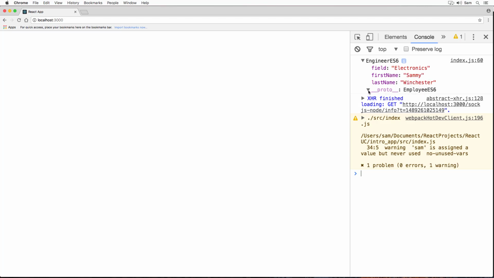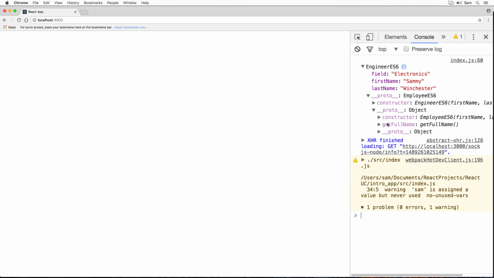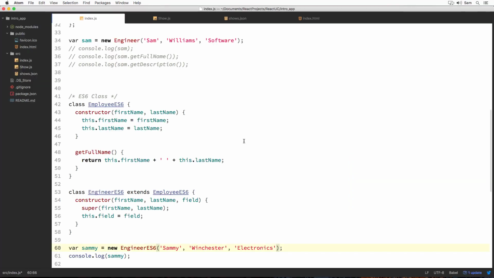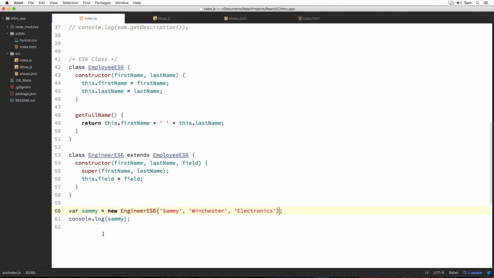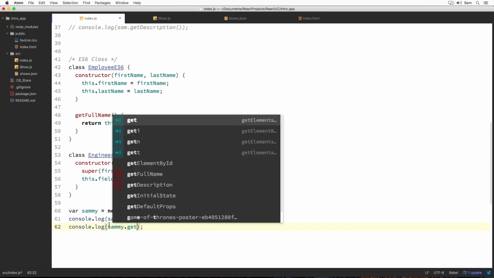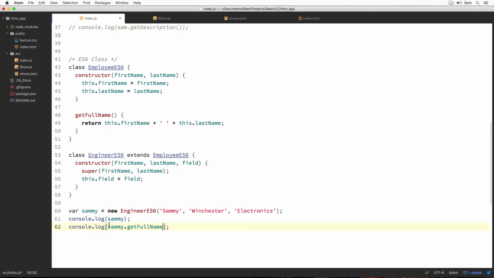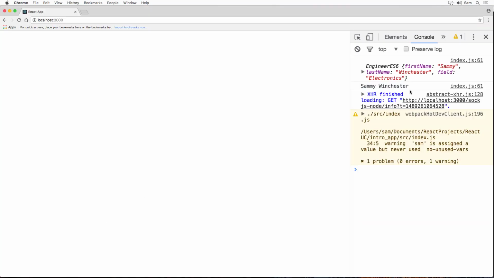We can also confirm in its prototype chain that inside it still holds a reference to our superclass method getFullName. So with this, we finished both the steps and achieved the inheritance using ES6 class. Let's try actually accessing the getFullName method through our Sammy object. So I'm gonna log Sammy.getFullName. Let's save it, head back to our browser, and here we can clearly see Sammy Winchester, which is my Sammy